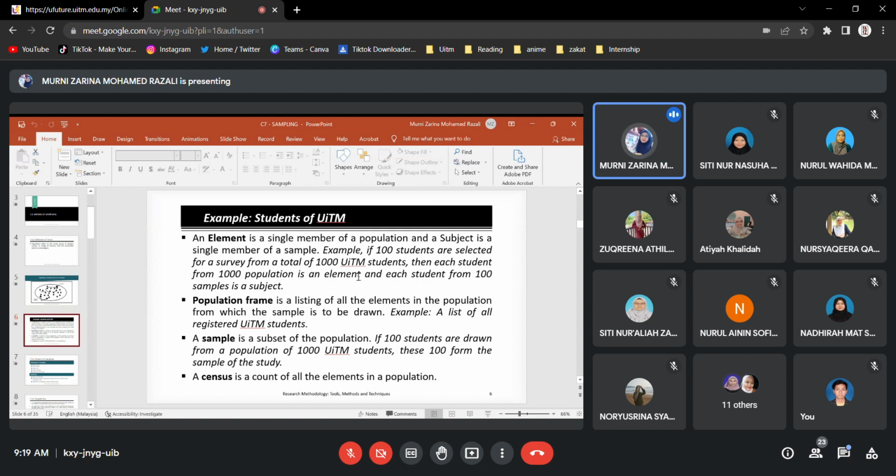Tapi untuk sampel tu kita tak boleh ambil 1,000, kita akan ambil some portion sahaja daripada 1,000 tu. So maybe 100. Tapi ni saja contoh tau. Sebab kalau 1,000 pun sebenarnya kita kena tahu, boleh ke kita ambil 100 ni madam? Nak tentukan daripada 1,000 ni nak ambil berapa, sebenarnya kita kena refer kepada ada formula dia lah, ataupun kita dah ada dia punya rule of thumb. Okay, so